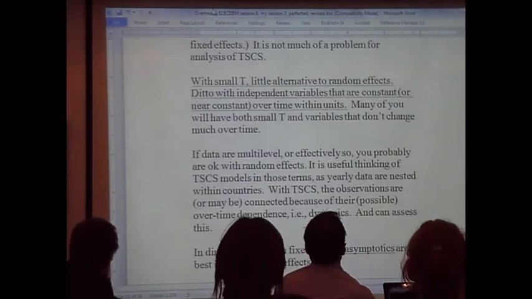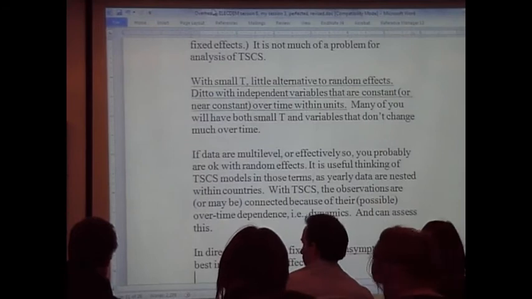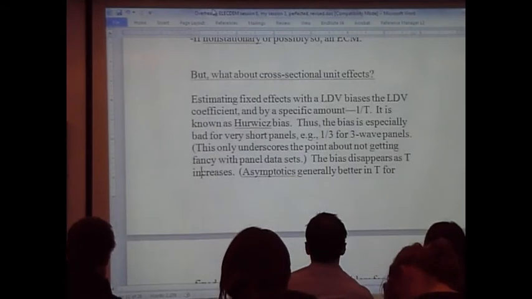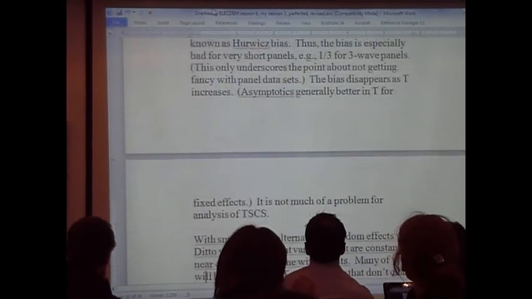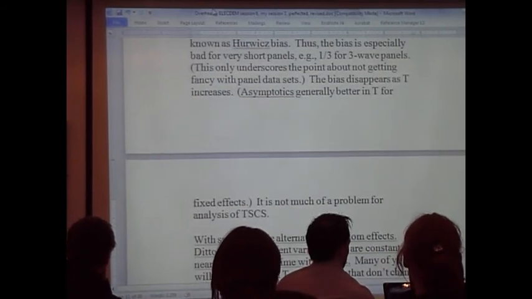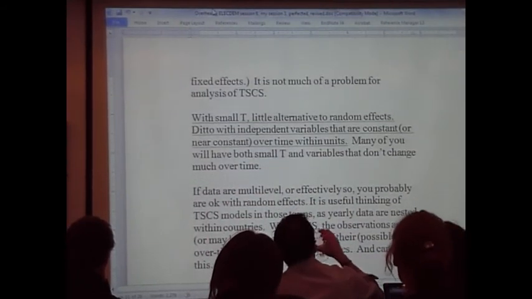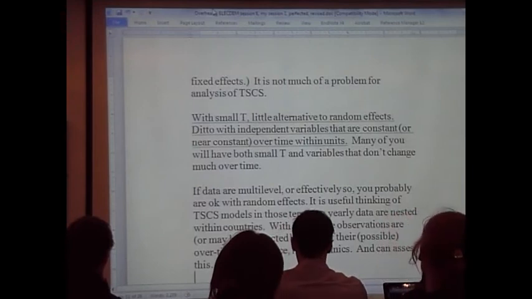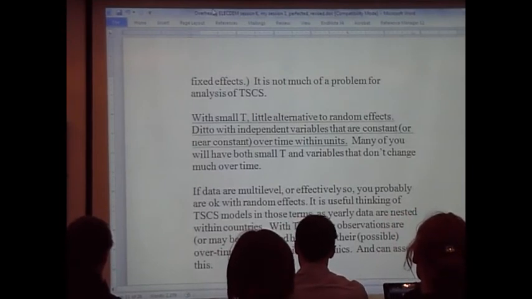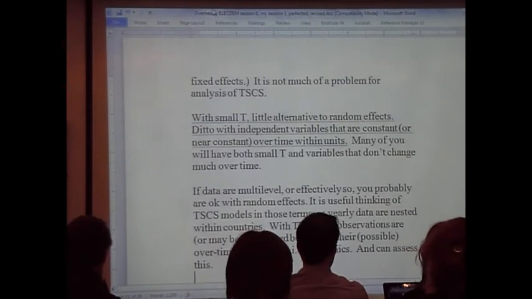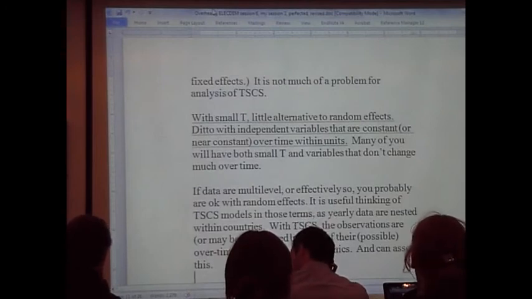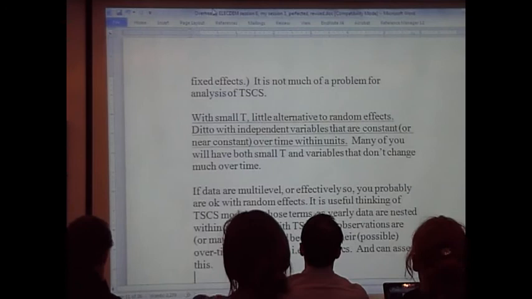Now with small t, so that's large T, we want kind of large T, right? The last sentence is about that. As T increases, as T gets large, it's not a problem for time series cross-section, and time series cross-section is defined as when we get T large, right? Panels are defined when T is small. Again, Mark is very much correct in emphasizing that there are not these false cutoff points, like it's 30 cases, the central limit theorem's okay, 29, oh my god, no, I can't do it. Okay, with small t, you have a little alternative, right, to random effects,